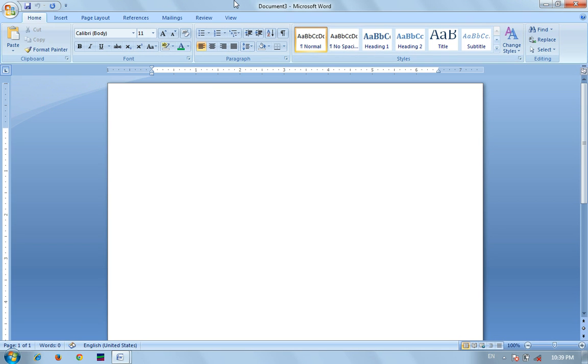But each Microsoft Office Word has a different type of tab. Microsoft Office Word has 7 tabs: home, insert, page layout, reference, mailing, review and view. Same on the right hand side, at the top, one small button called your help, and move on to the next important point. In Microsoft Office Word, each one, that is clipboard, font, paragraph, style, editing, is called your